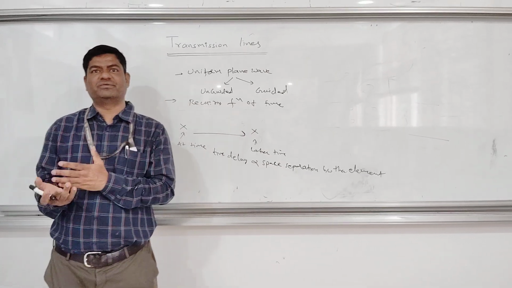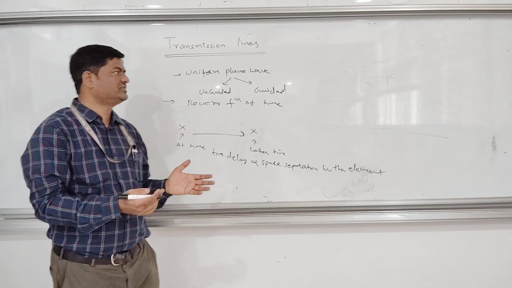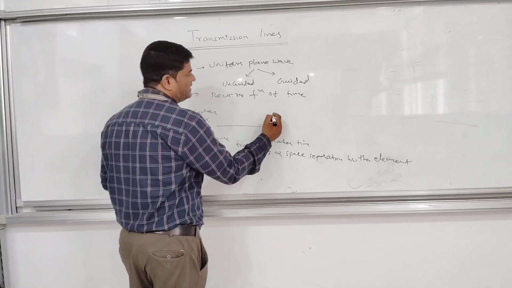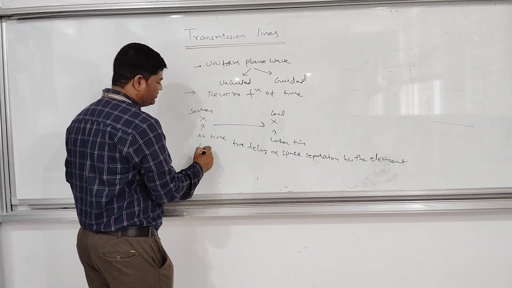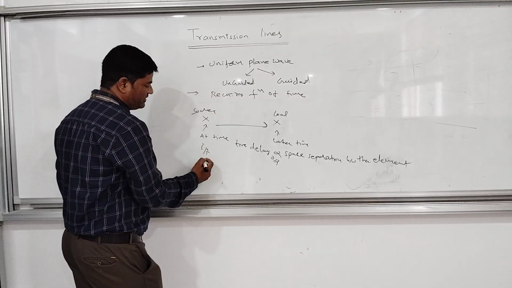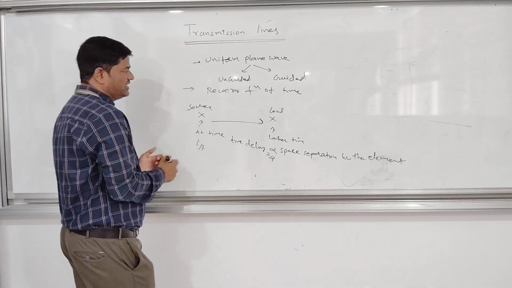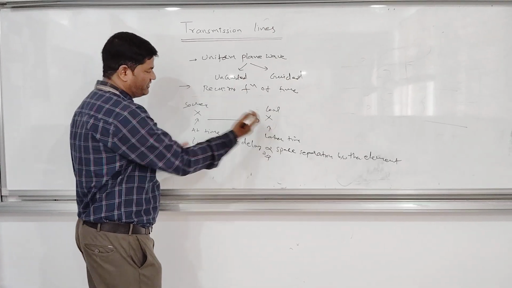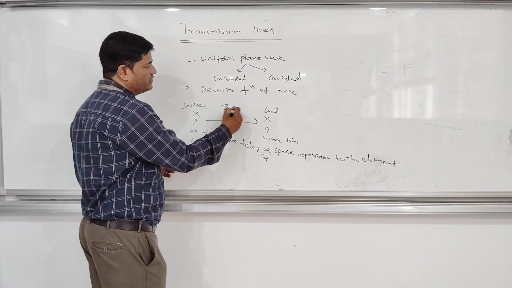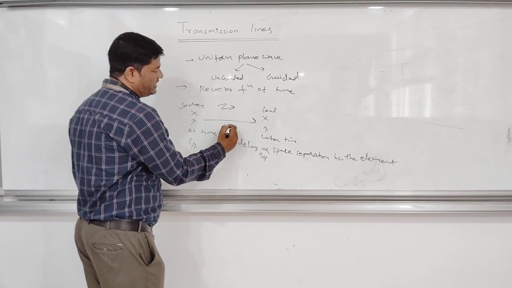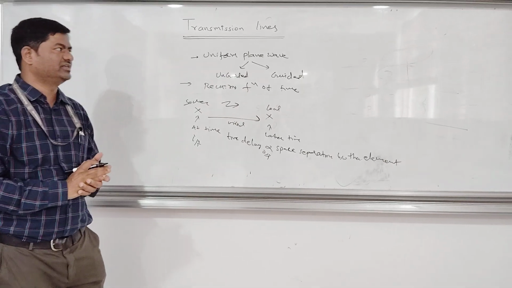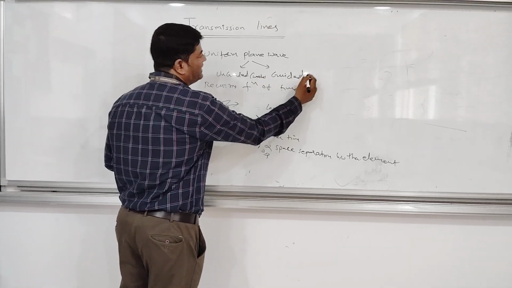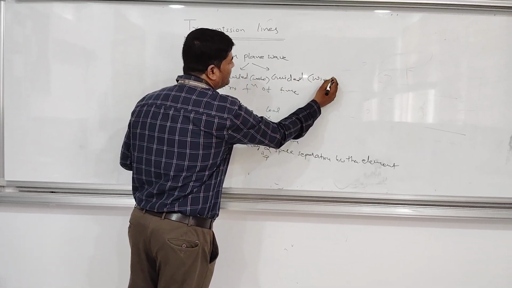What are the best examples of unguided waves? In unguided waves, we are transmitting information. Let the starting location be the source, and the other the load; the input and the output, the source and the destination, the starting point and the ending point. In between, we send this information from one place to another either through a wireless medium or a wired medium. That is the basic differentiation. An unguided medium is simply a wireless medium, and a guided medium is simply a wired medium.